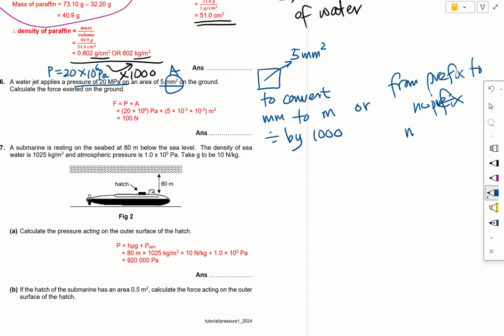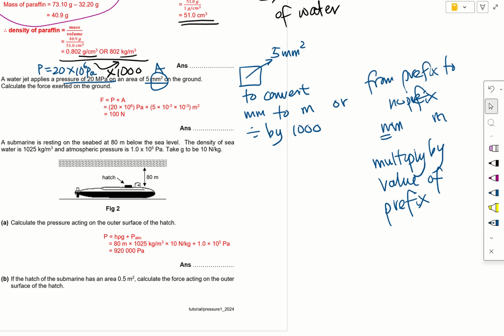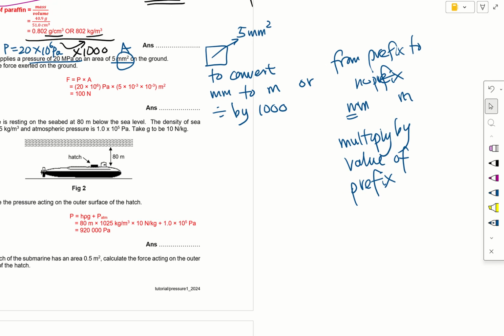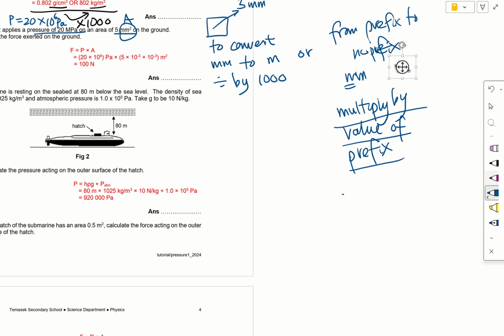Okay, which is from mm having prefix to meters no prefix, we multiply by the value of prefix. So you have to be very used to all these prefixes because they are now in every chapter. So from prefix to no prefix, we have to multiply by the value of prefix. Okay, so this is the rule that I use, and the value of prefix